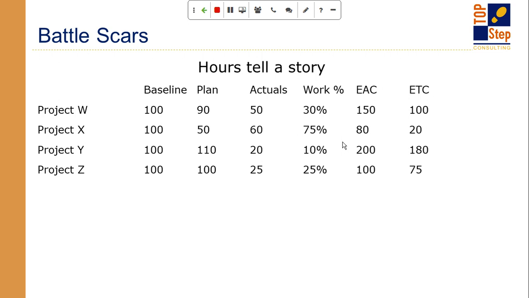Okay. And then finally, the last one is the utopia. We all try to shoot for this: apples to apples to apples to apples. 100 hours. I plan 100 hours. I work 25. But I'm smack on track. So this one is the one that everyone strives for, and it's that unicorn project that you want to talk about. But you can see how the hours, if you didn't have that EAC ETC in there or didn't consider the work percent complete, there are really not too many of these cases where you're like, wow, I'm okay on budget. I've still got 100 hours. You can't wait until the last minute. So you really need to take advantage of that forecasting in the ETC and EAC.